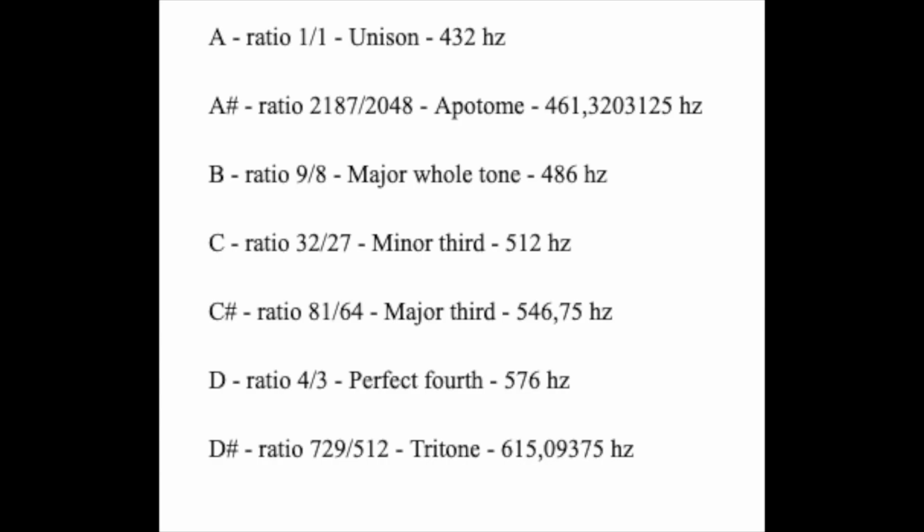Okay, so let's look at the ratios and of course the frequencies. If we use Pythagorean tuning and we start with a note of A, 432 Hertz. The first note is a unison. The ratio is 1:1, and that of course is 432 Hertz. The next note, A sharp, is called an apotome. Its ratio is